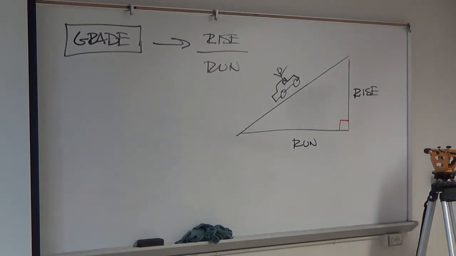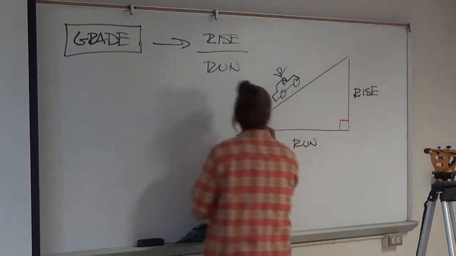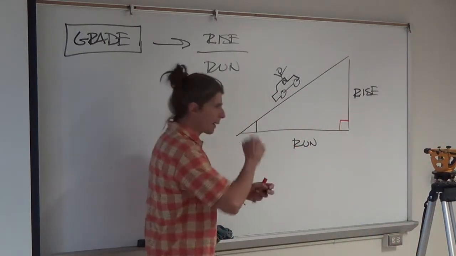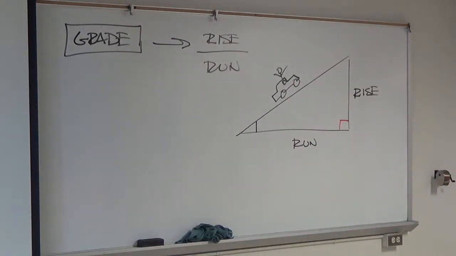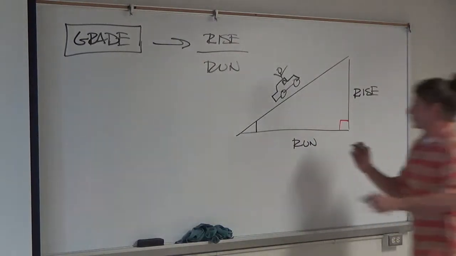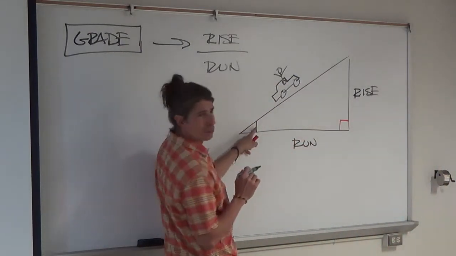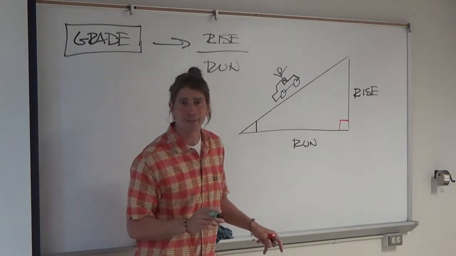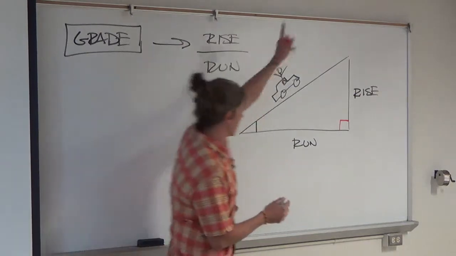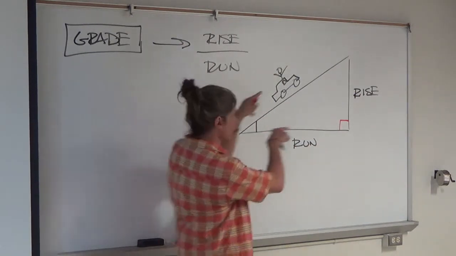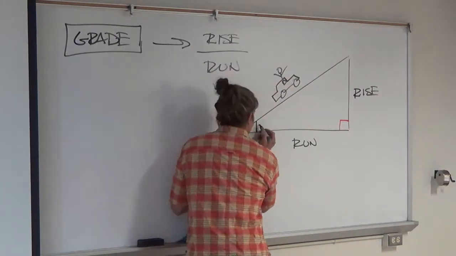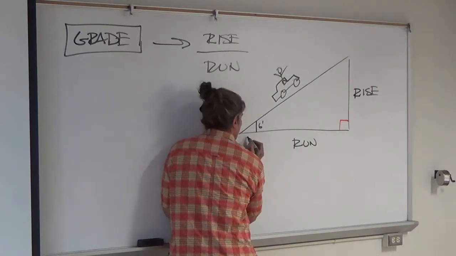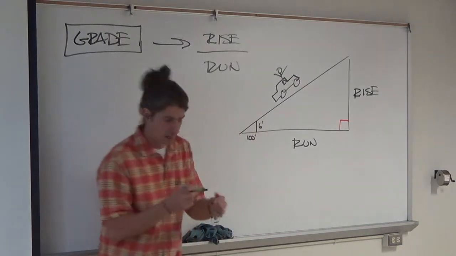The first example you said was 6 feet over 100 feet. So if we were to come out here and drop a line, we've now got a little mini rise and mini run. I call that mini rise, mini run, only because I dropped the bigger one over here. This could obviously extend out, correct? And make a larger rise and a larger run. So you've got a little mini rise, a little mini run. Suppose this is 6 feet. That would make this 100 feet.